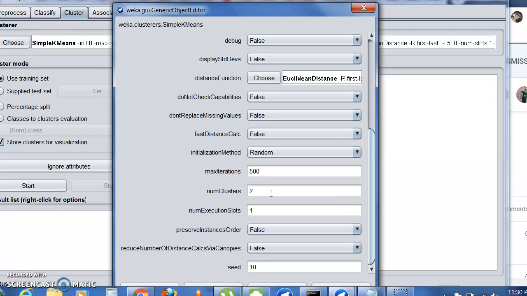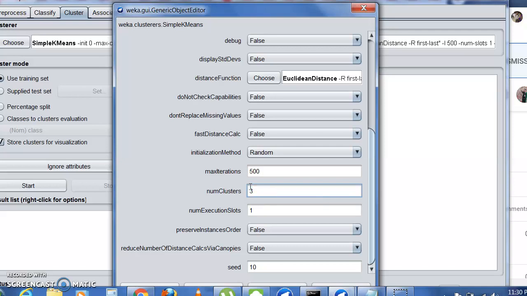So I feel that if my cluster count is 3, then automatically my instances will be correctly classified, and my setosa will be put into the first cluster, versicolor into the second cluster, and virginica into the third cluster. If it's going to be 2, then obviously there will be a mismatch. Maybe setosa might fall into one cluster, whereas versicolor and virginica may be split into the first and second cluster. So that might not give you a proper result, since I know that I have 3 classes.